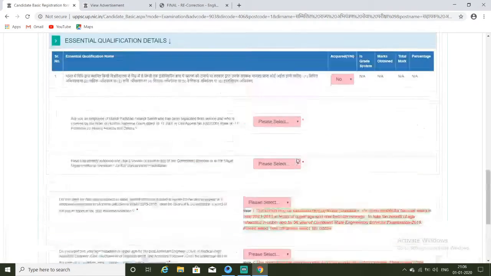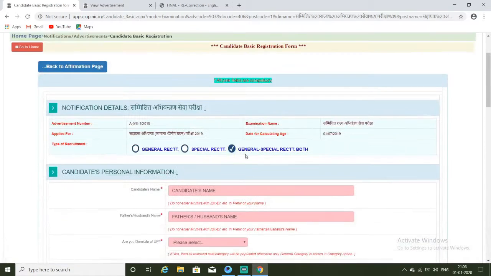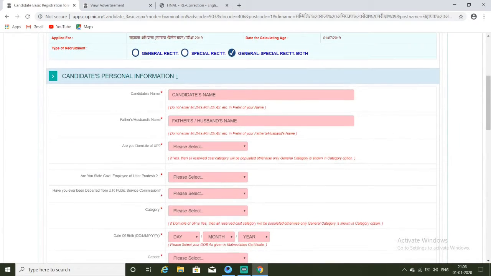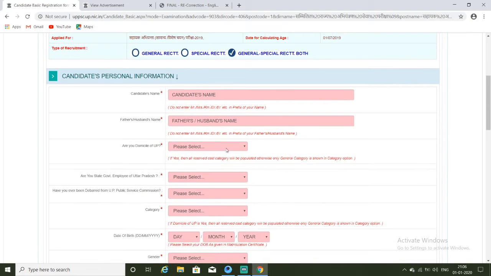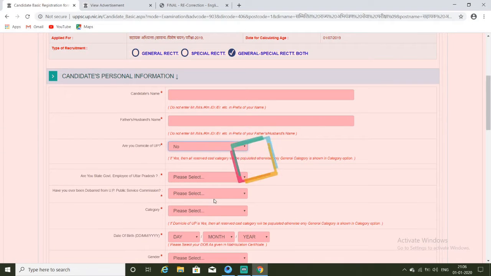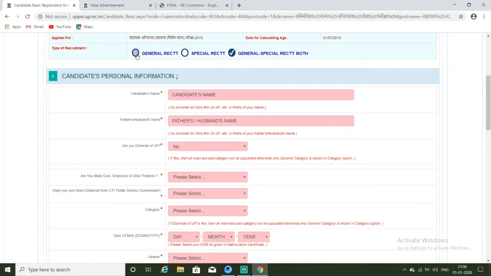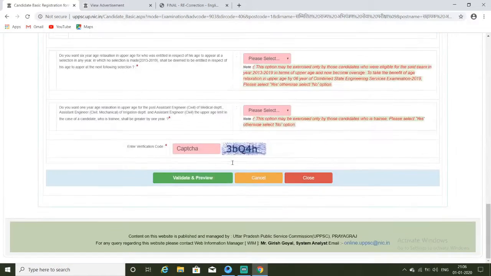So if you are in UP, here it is asking yes or no. If you are in UP and you select yes, then it will work. But if you are non-UP, then this will not work. You need to check general recruitment, and only then will it proceed from here.